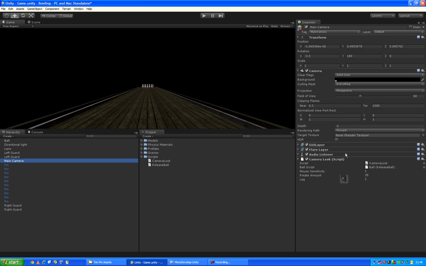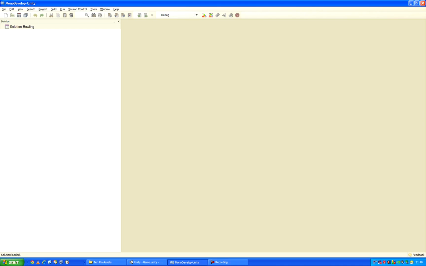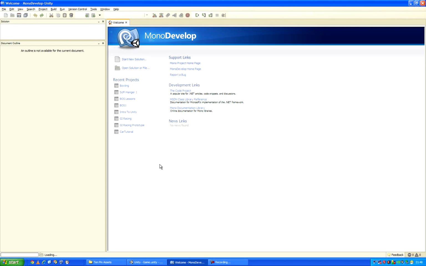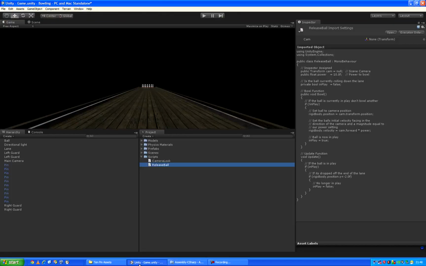So now the camera has the ability to call a function in the release ball script very easily without having to search for it. And it just so happens, if I go and very quickly look at the code for that, the release ball method that it calls is just called bowl. Oh yes. So in other words, what's happening here, we'll look at this in a minute, but when the camera